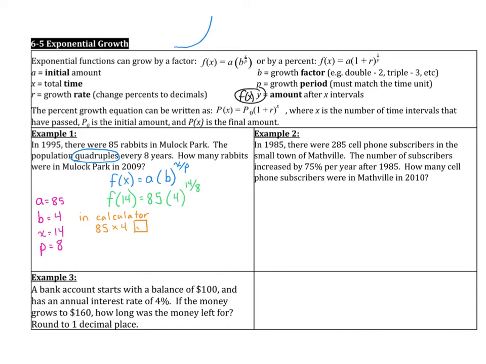Most would be like a y with an x, but some people's exponent buttons are different. And then you would type in a bracket, and then 14 divided by 8, close the bracket, and then equals. Now, that works out to approximately